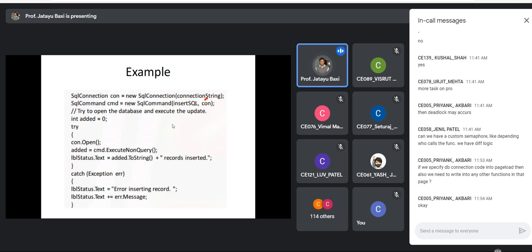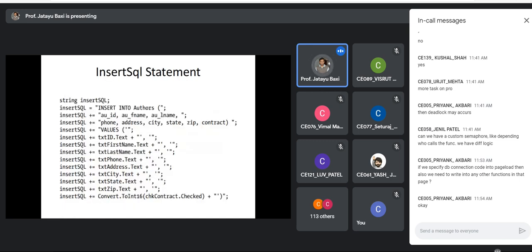Now, what is the insert statement? Assume that I have a registration form. For name, password, city, semester, I have one input field, text box or drop down list. How do I form my insert statement? Insert into table values, then all the column names, and then their values. But their values will come from the controls. So this is one example of how I am forming this query.